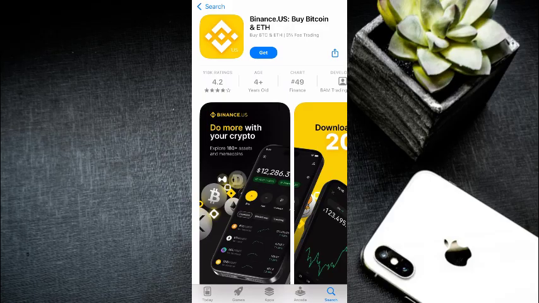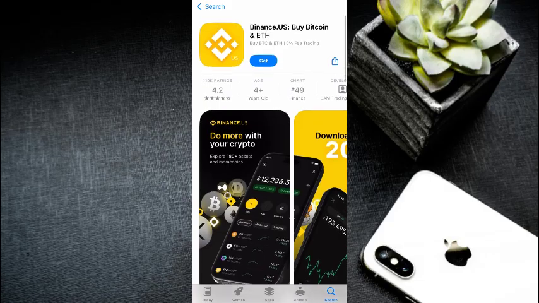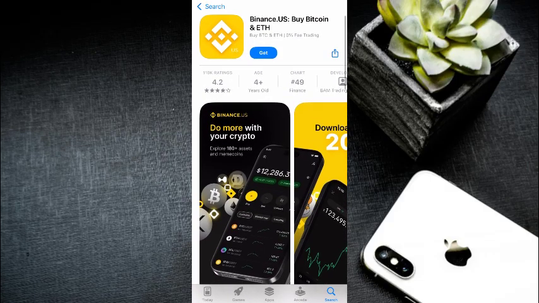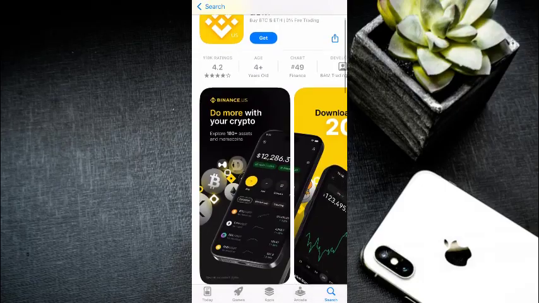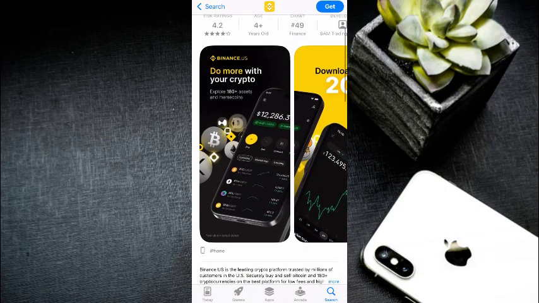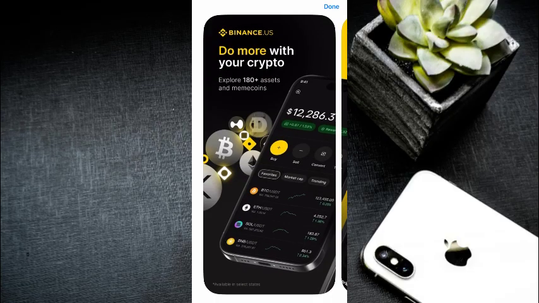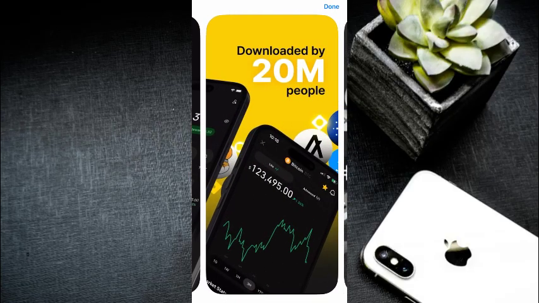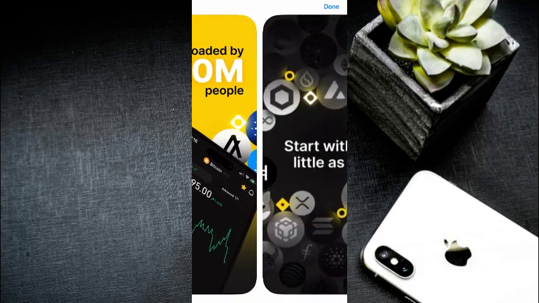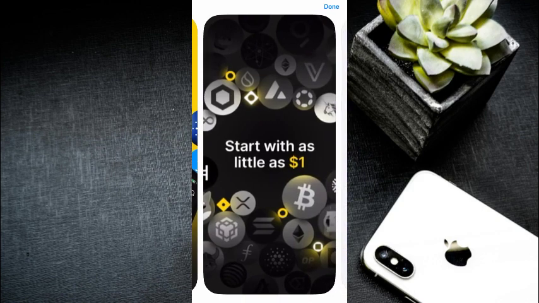So for you to be able to transfer your BNB, you have to open your Binance app and log into your account, then tap wallet at the bottom, then select the spot wallet and search for BNB. Tap withdraw. Then in the recipient address, paste your Web3 wallet address, which is the BNB address found inside your